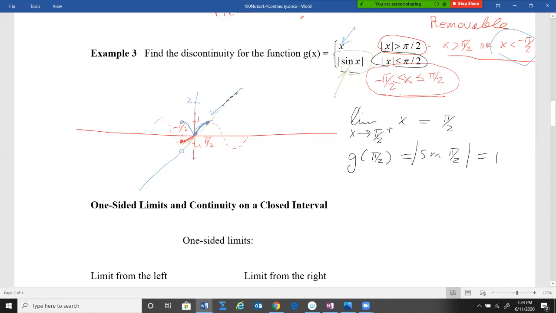So we can see algebraically here, we've got a discontinuity. Even if we didn't have the graph in front of us, we could see this. This is a problem. We don't have conditions 2 and 3 met. The function does exist there. Okay. The limit exists, but it doesn't equal the function value. So number 1, g of pi over 2 does exist, yes. Number 2, the limit from the right, at least, we saw that. We didn't even have to calculate the limit from the left, because we're saying already that the limit from the right